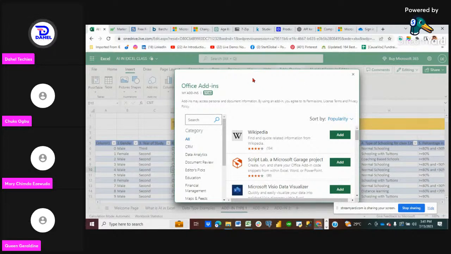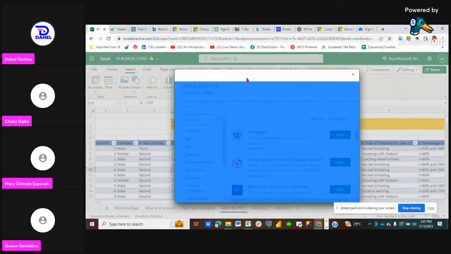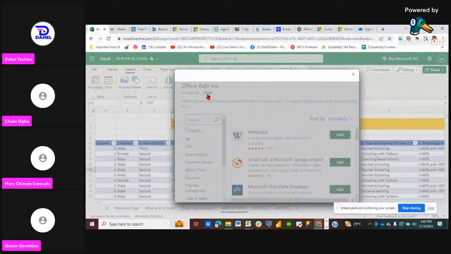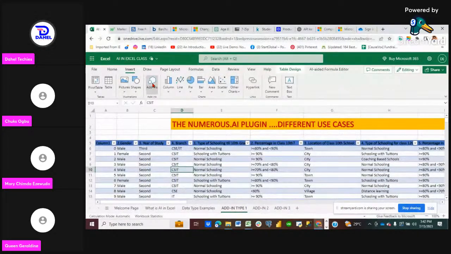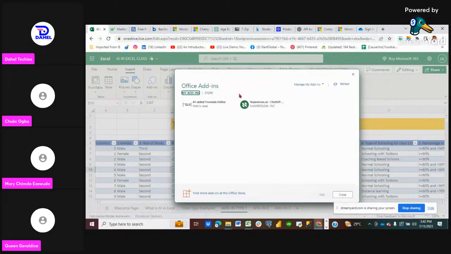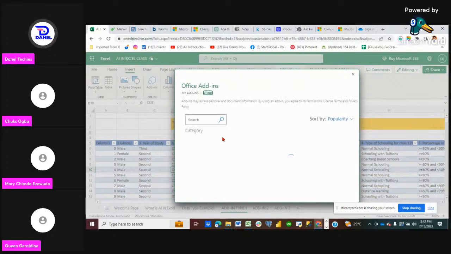So when you click on add-ins, this dialog box is going to appear. Make sure you click on store. If you open my add-ins, these are the ones I already downloaded. But when you click on, why is this thing not... Let me click on add-ins again. So these are the ones I've downloaded. Click on store, and then you have this open. Then make sure you search for